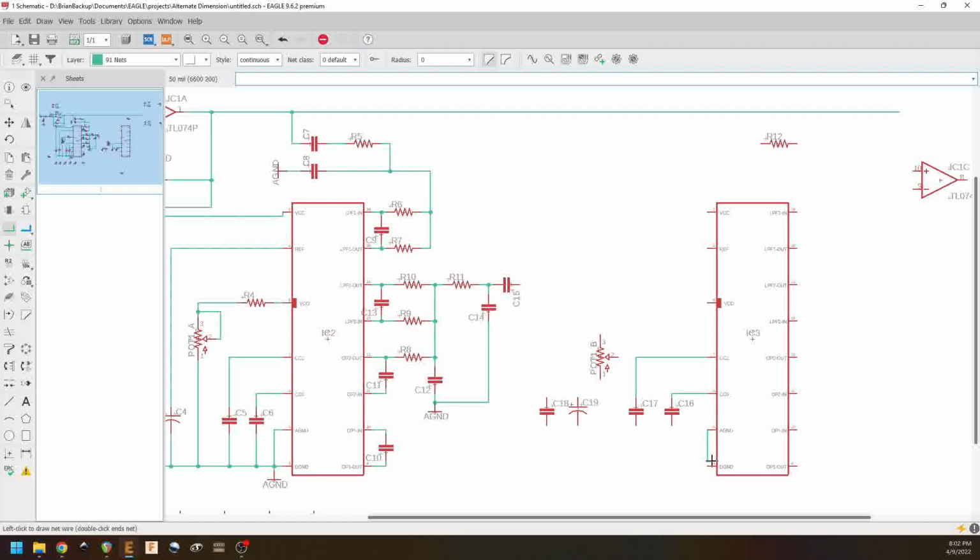That looks like it ought to work great. So we'll just connect these guys up to ground. Let's see. I'm actually going to move this guy over a little bit, because I just remembered